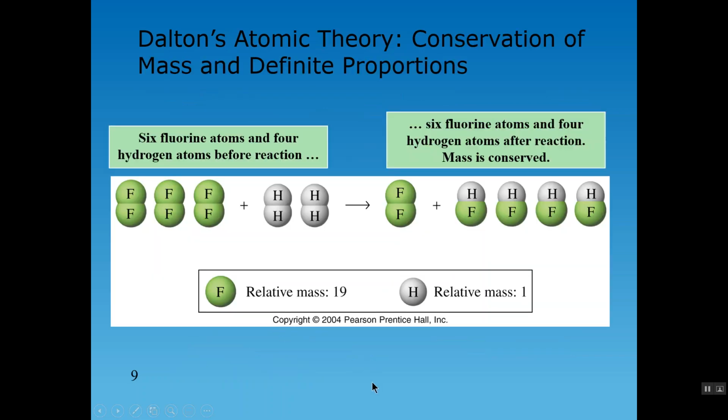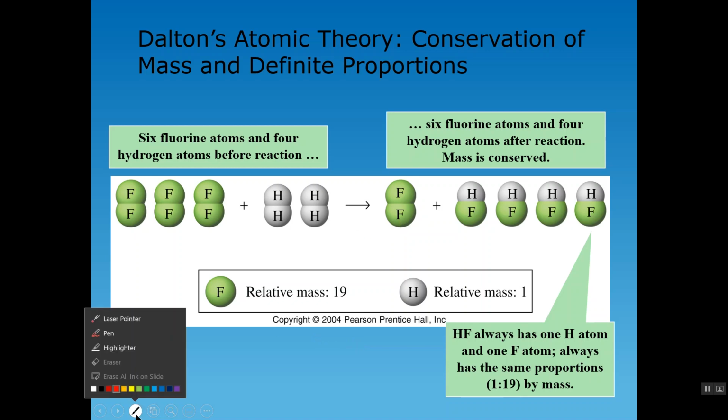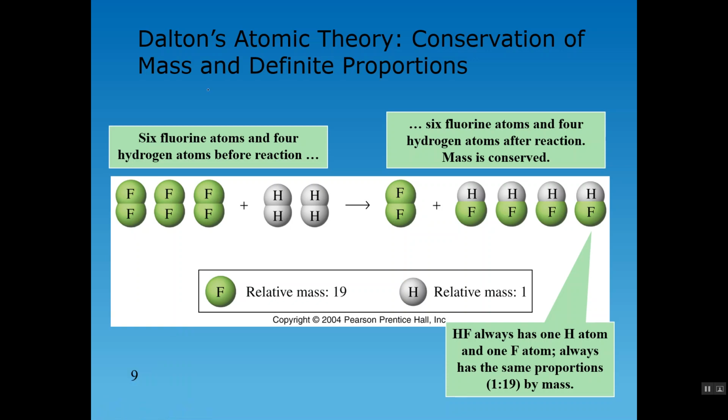Okay, so just to illustrate Dalton's atomic theory, we're going to look at this example here, the reaction between hydrogen and fluorine. Now, let me just write down the equation for this reaction here. I'm just going to squeeze it up here. The equation is H2 plus F2 to give 2HF. All right? So basically, for every one molecule of hydrogen reacting with one molecule of fluorine,